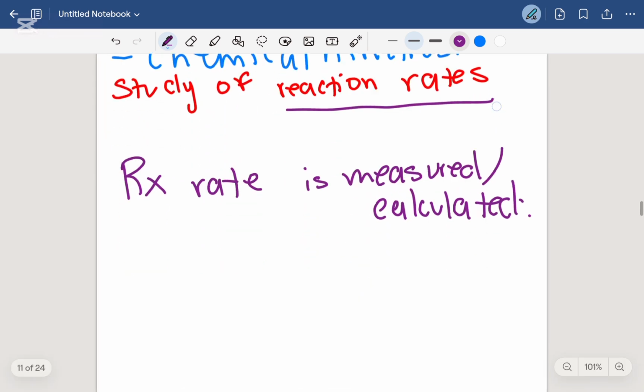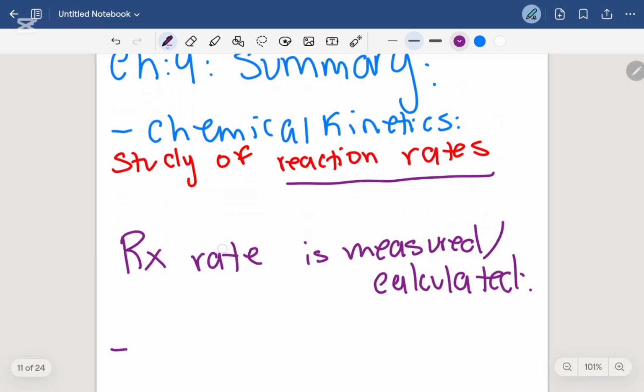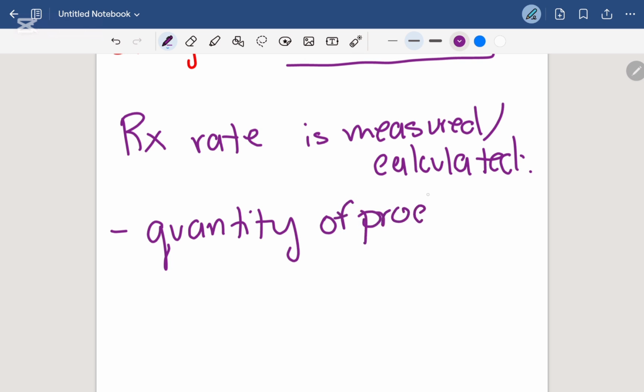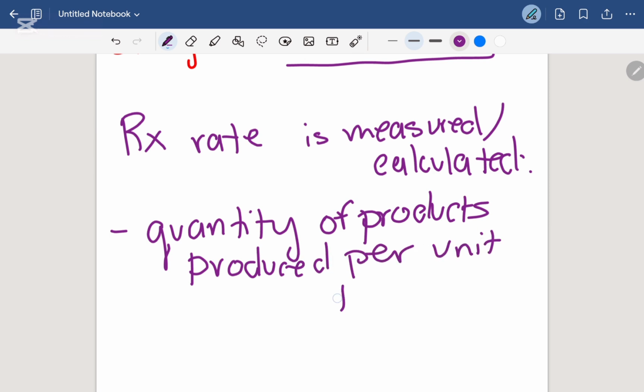We can measure or calculate its rate by the quantity of products produced per unit time, meaning you can calculate the reaction rate by the quantity of products being produced per a specific unit of time,